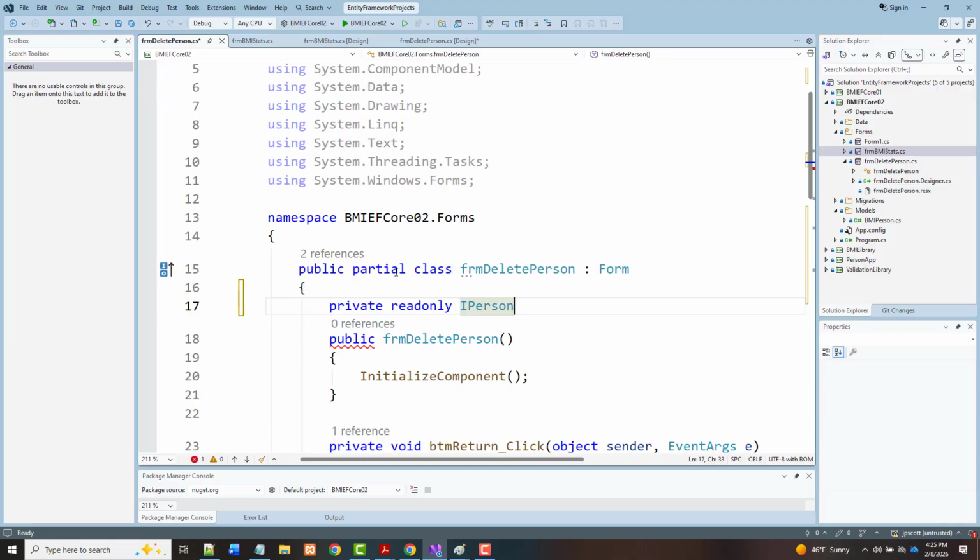Again, we can call this whatever we want. Let's just call it repo. We'll set that equal to